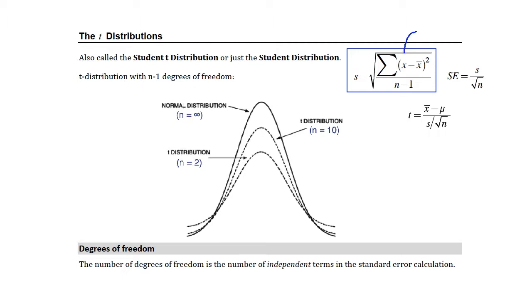Note that what this really has in it is a sum of squares. So we're going to take every value in our data set, and for each of those values subtract off the mean, square it, and then add them all up. That's what that big sigma means, is sum. We end up taking a square root and scaling it by that n minus 1. So that sum of squares then goes into our standard error calculation. It is the numerator, right? That whole formula for S comes in here and then gets divided by the square root of n,